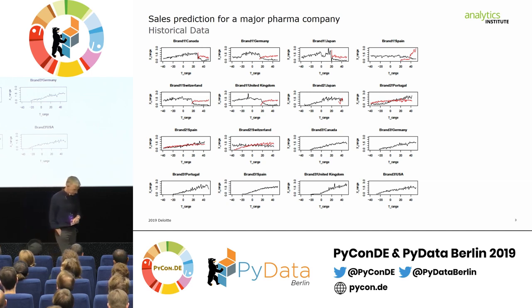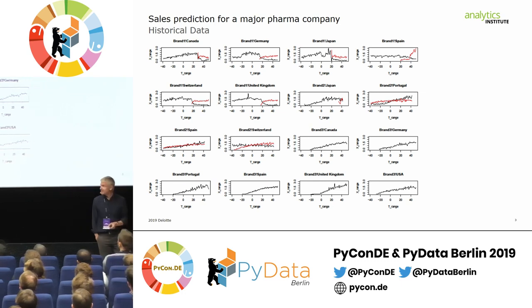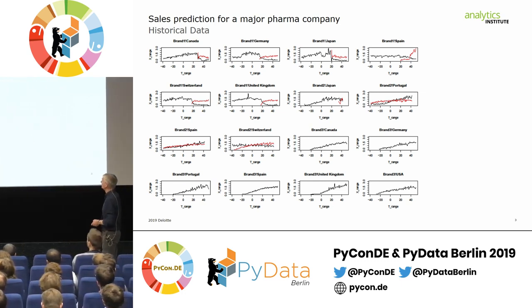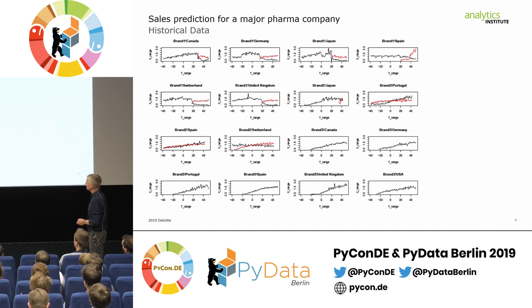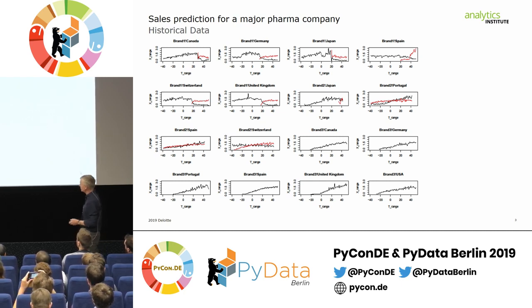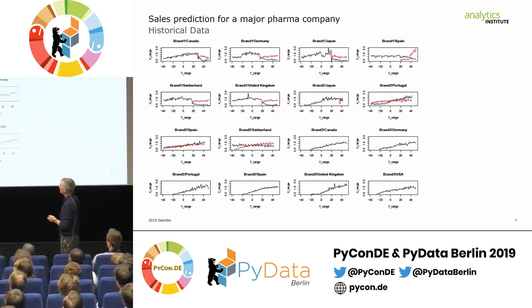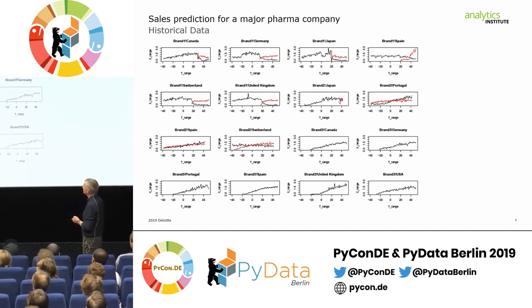Okay, so here's the data. This is the complete data we got. It's been a bit normalized, so you can't actually see what the actual values are. But what you can see is that there are 3 different products in a variety of different markets. So you've got brand 1, brand 2, and brand 3. A fun extra complexity, apart from the fact that you've only got about 70 data points at most, is that